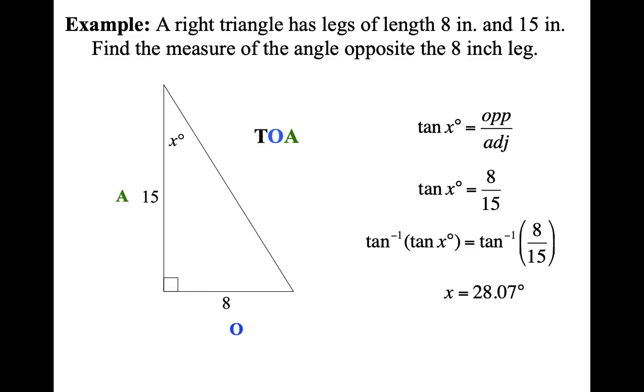If you take a look at what happened on the left-hand side, the tan inverse and the tan canceled each other, just like all inverses cancel each other. Multiplication and division cancel each other, right? Multiplying by 2 and then dividing by 2, cancel the 2's. Adding 2, subtracting 2, cancel the 2's. So tan inverse and tangent cancel each other, leaving us x, which is an angle measure in degrees. I know that this is a more challenging concept and quite a bit going on. If you need to go back to the special right triangles to review a little bit, please do that.